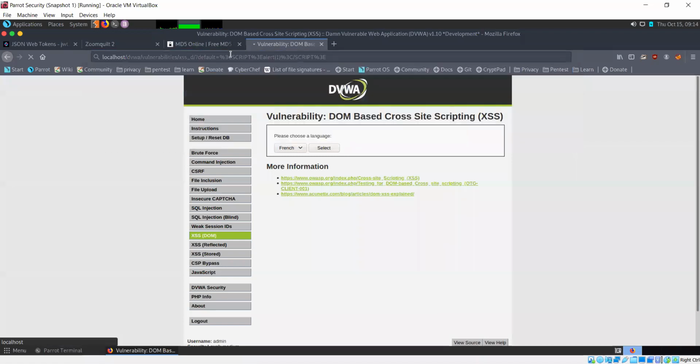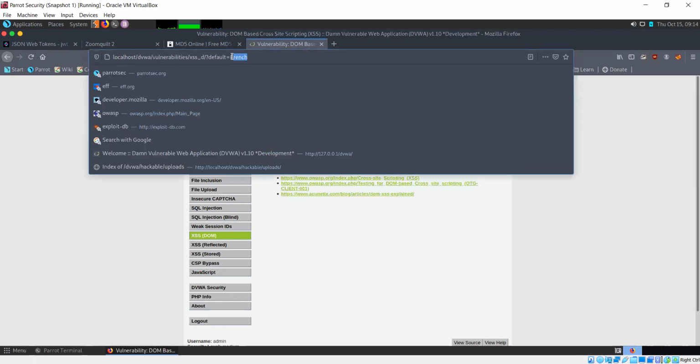Will I be able to use a script in this case? No. So they have added some sort of filtering, so you cannot use a script. So what is happening is when we select this value, okay, actually let me try it once again.